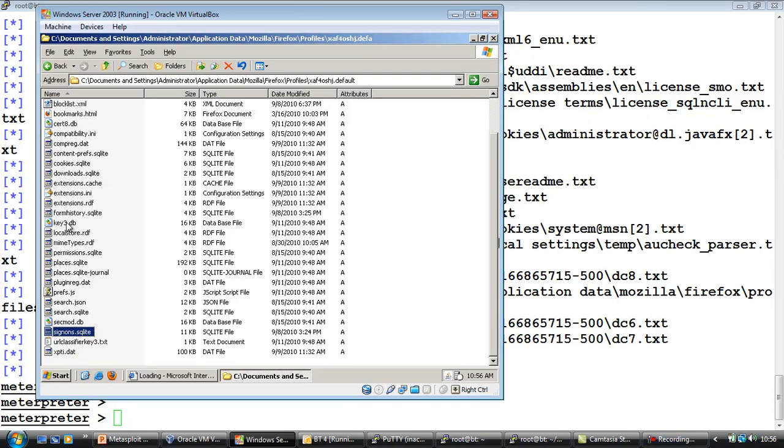Now, the important files here are key3.db as well as cert8.db, and these are very interesting, and along with that, secmod.db. Now, we'll cover some of these files in later videos. But basically, if you have all of these files, specifically signons.sqlite and key3.db, it is possible to go ahead and actually decrypt the passwords, right? If a master password has not been set. Now, if a master password has been set, well, there are tools available which we will cover in later videos, using which you can try to brute force the master password itself,